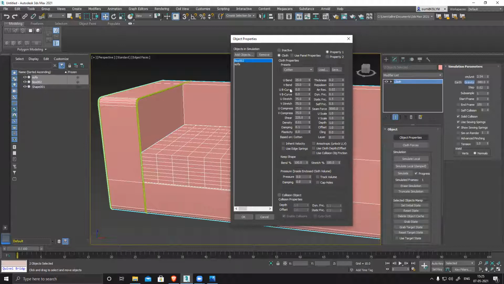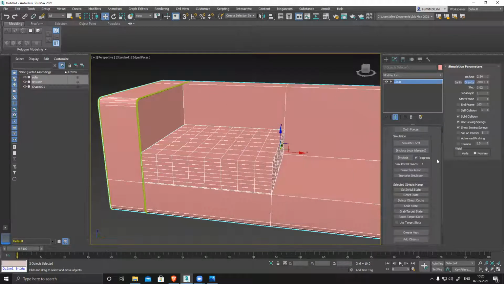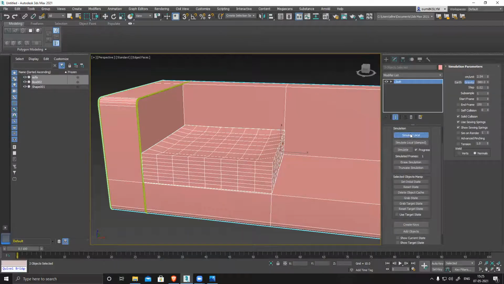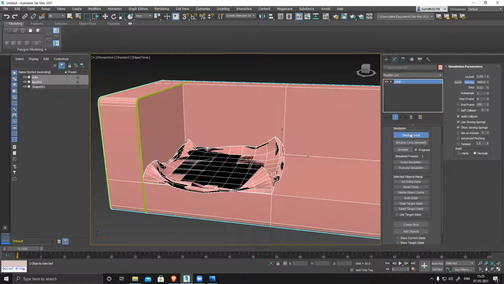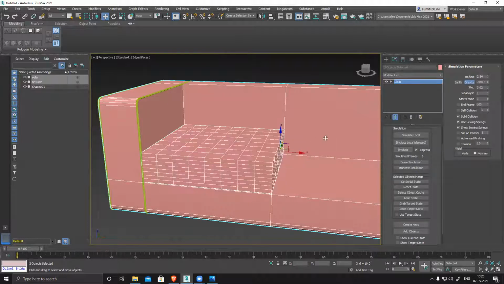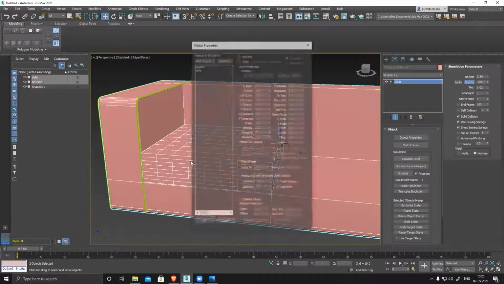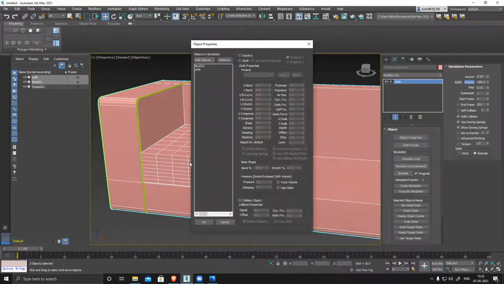If I choose cotton, okay, and apply, and then I start the simulation, you see it will squeeze and crush and become flat. It will act like paper, but cushions are filled from inside, there's a filler inside. So I need to switch on that property also, as there is something inside. For that I need to switch on my pressure.